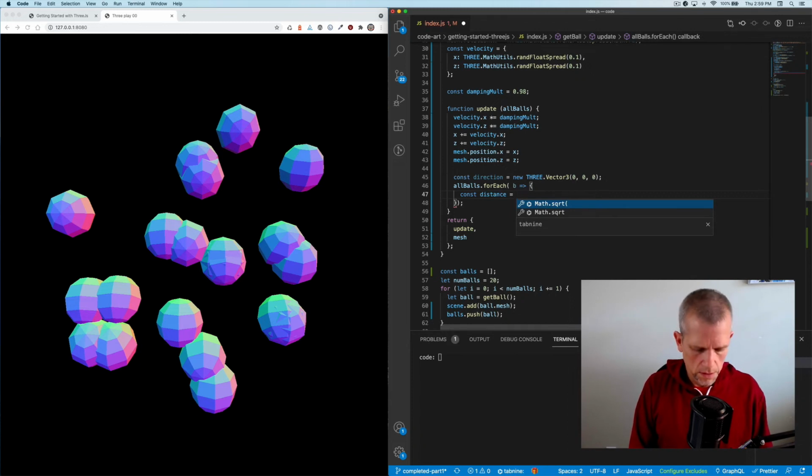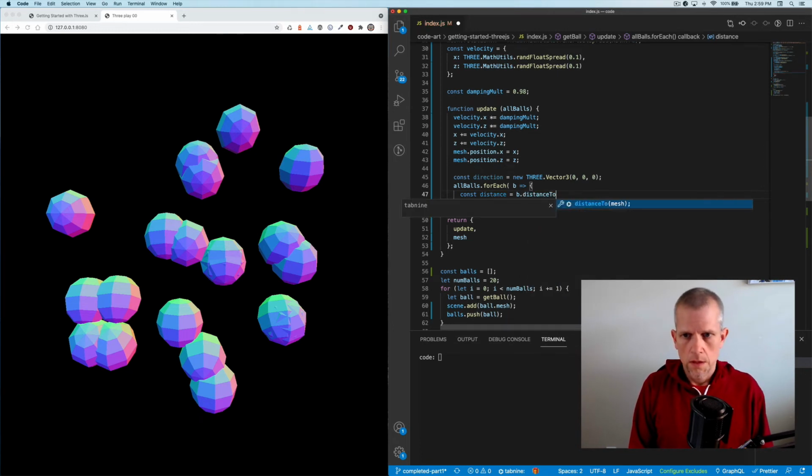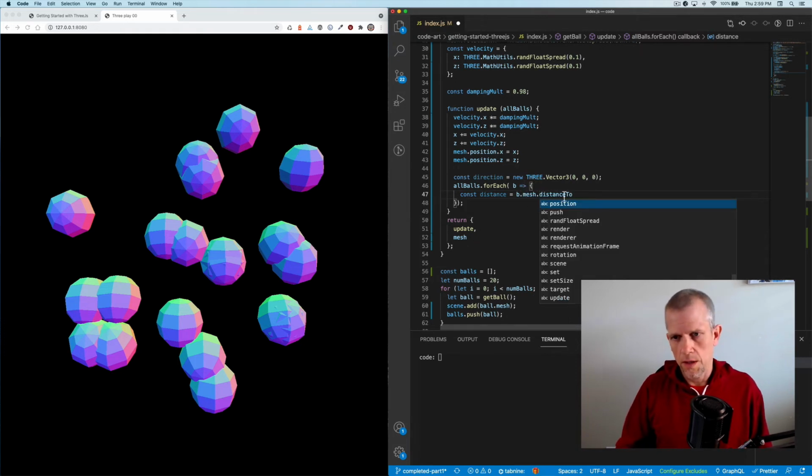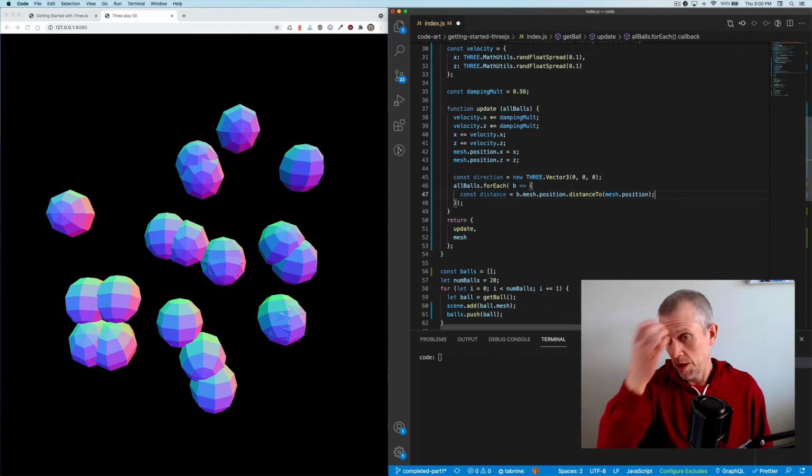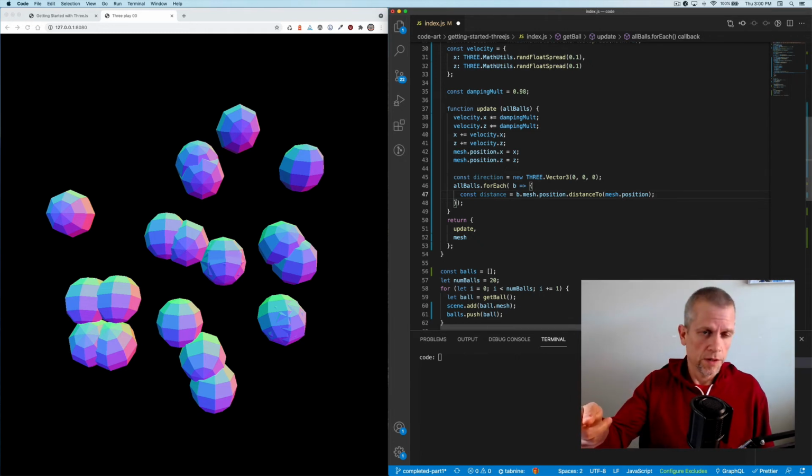calculate this distance. I'm going to take the first ball, start with this one. Actually, it's not the ball, it's the 3D object that ball has, the mesh. And it's also not the mesh, it's the position property of the mesh. Okay? I'm going to say the distance to the my mesh. This update function is being called on each ball, and each ball will look at all other